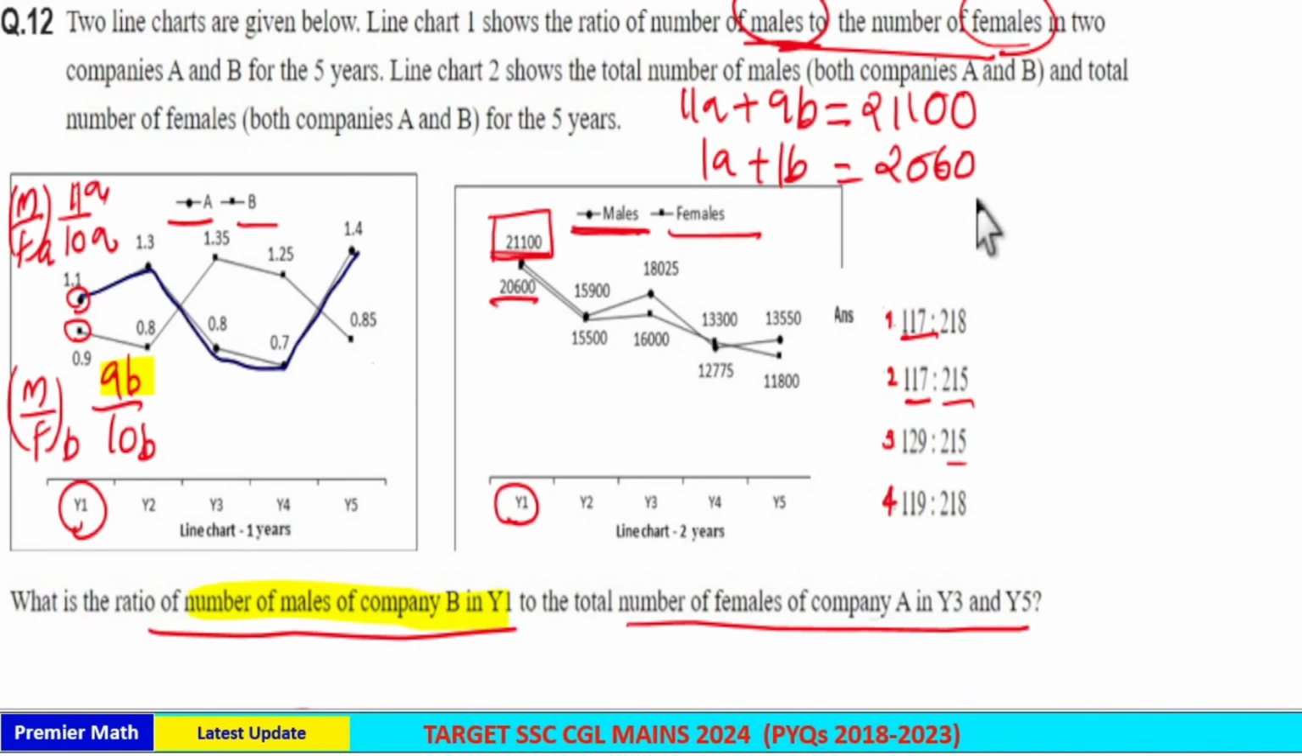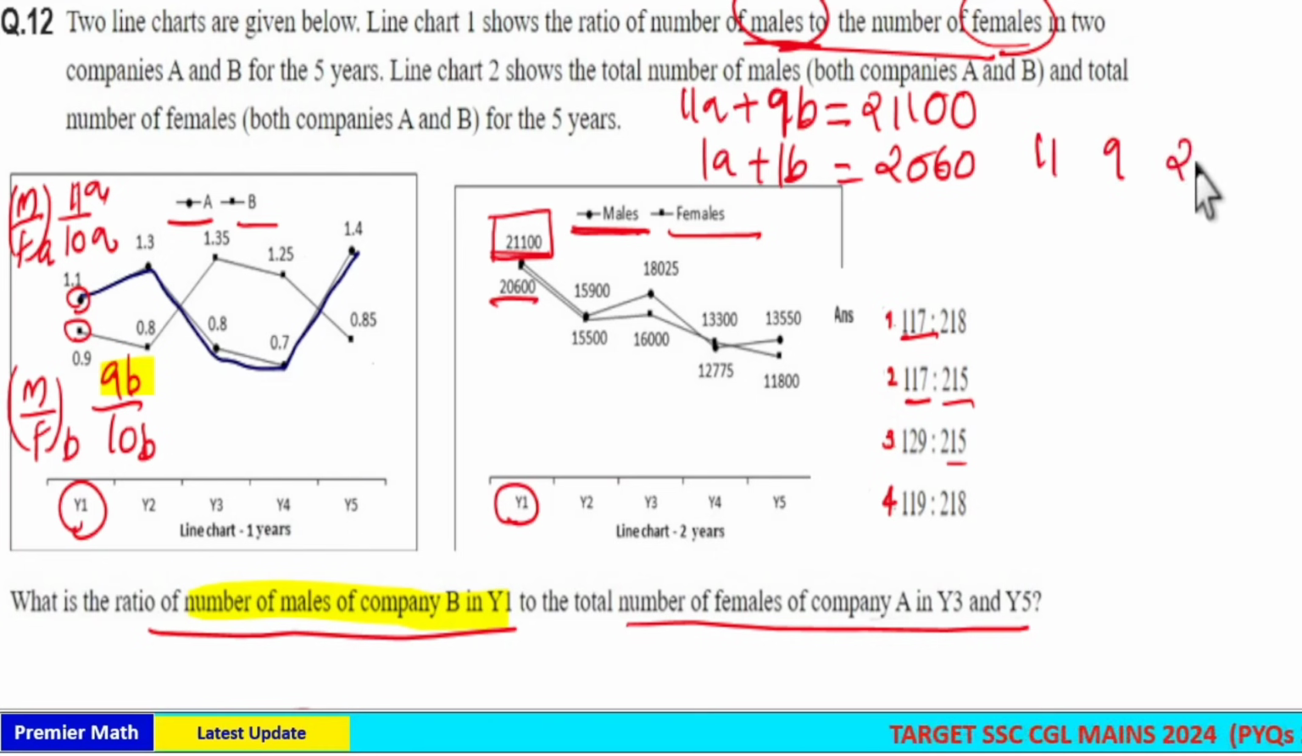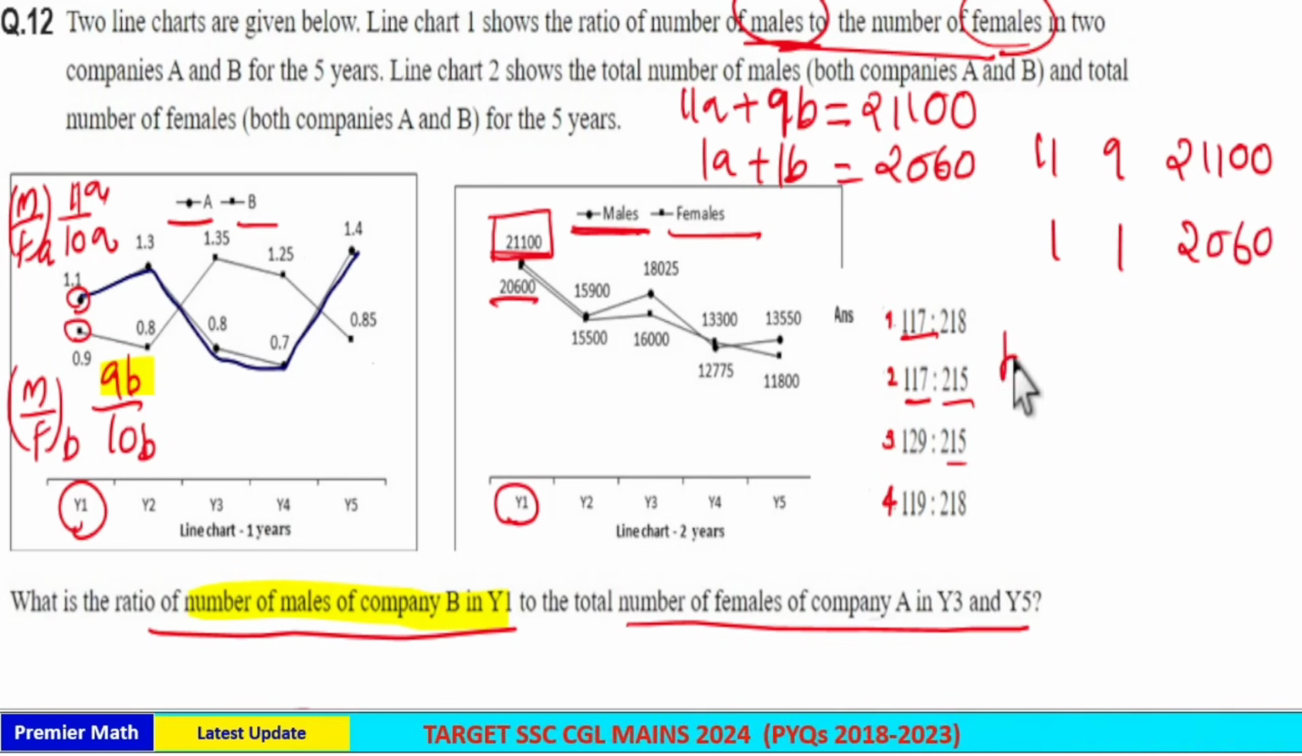Now if you solve this, you will get what is 9B. I will use the short trick, that is 11, 9 and 21100, and here 1, 1 and 2060. Now to find the B, this is B time, this is A time, this is B time, and this is constant. That is, this is X component, Y component and constant. So to find Y component, that is B,